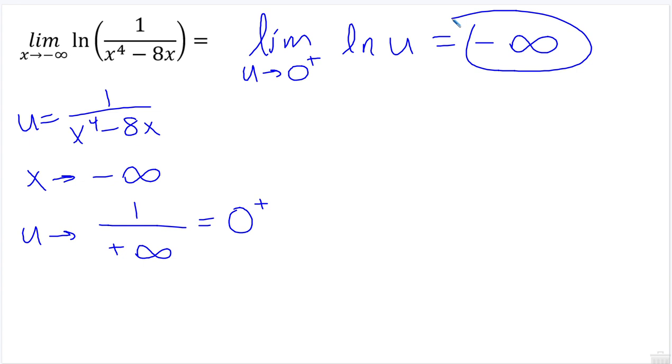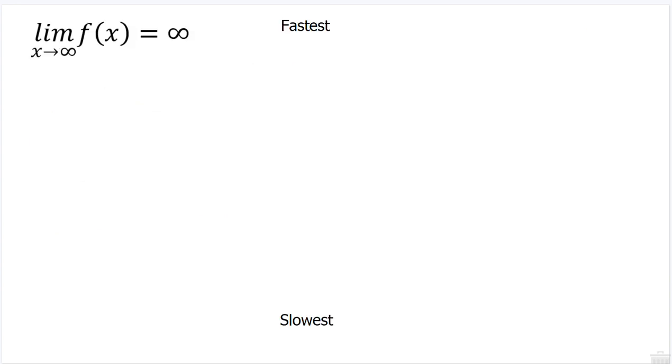And I promise we're almost done here. One last tiny topic to talk about, and then we will do a couple problems, and then we will be done. So the limit as x approaches infinity of f of x equals infinity. This is true for a lot of different types of functions,